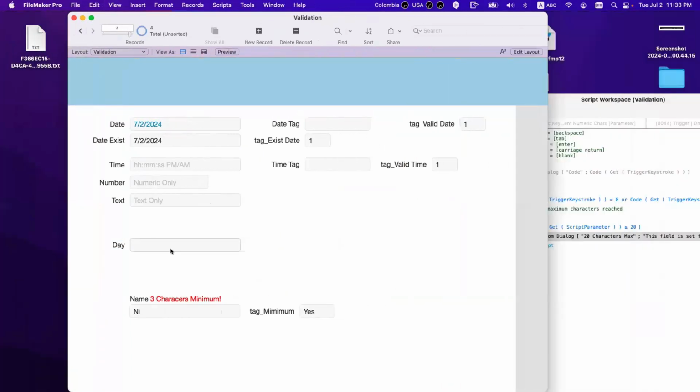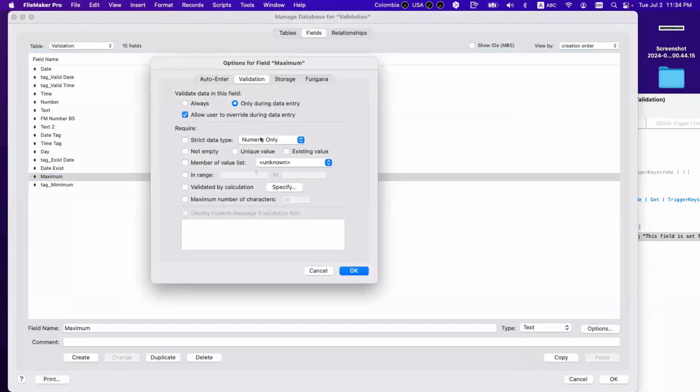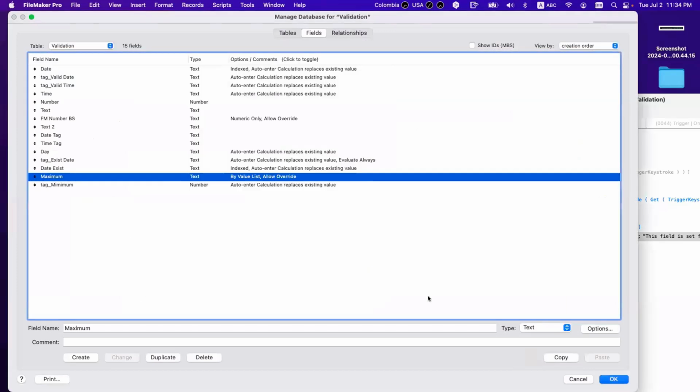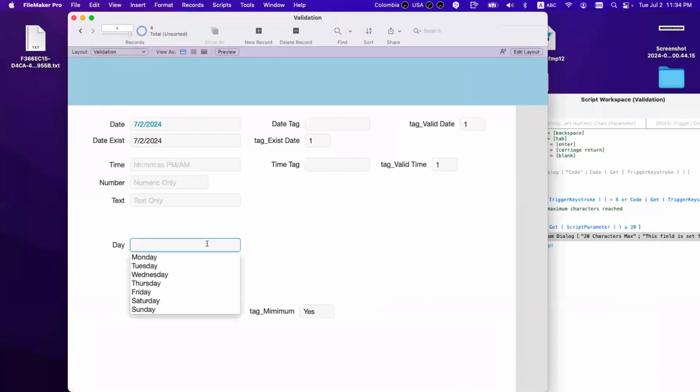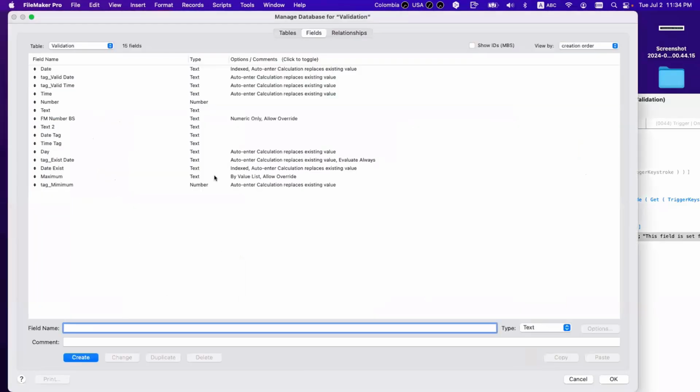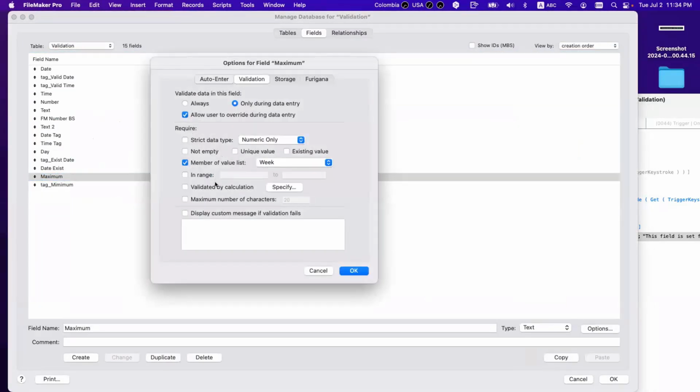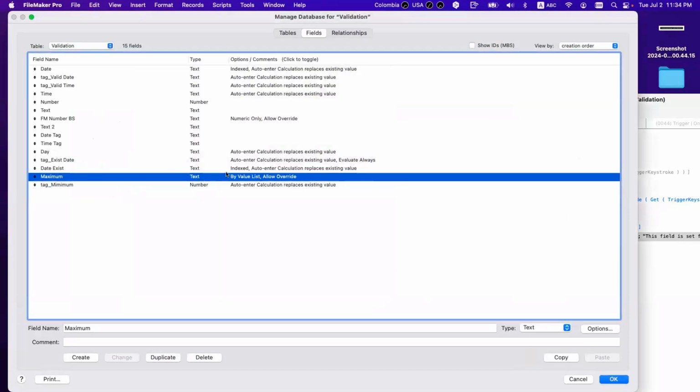I have a value list here. So let's do this one: member of a value list. So what this does, right? No, it's not this one. It's the day.